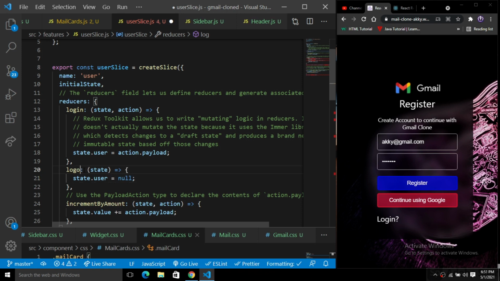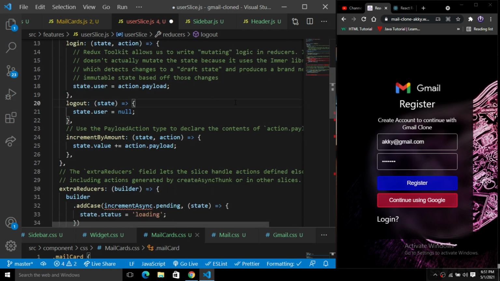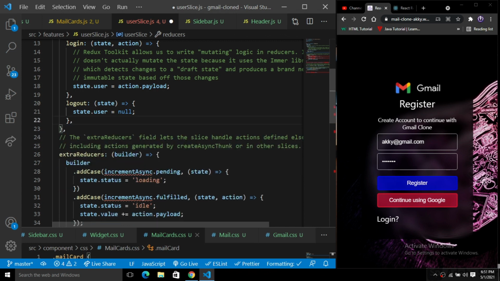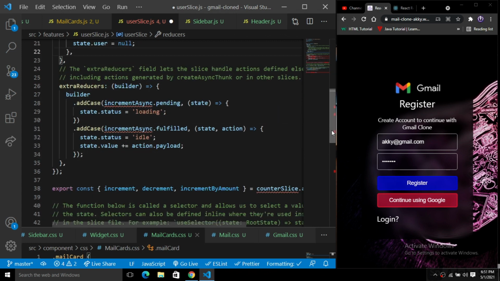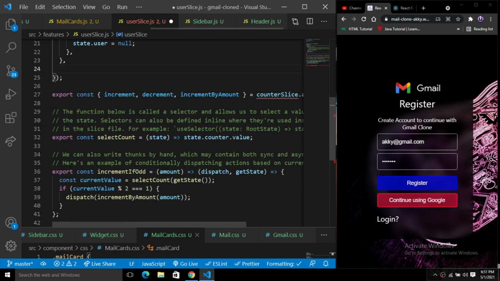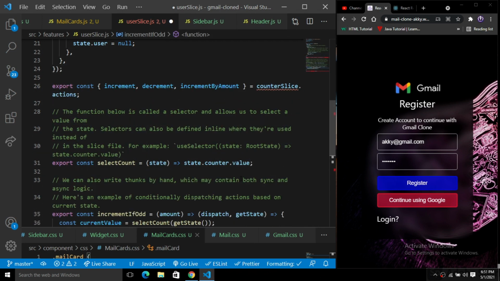So instead of this login, we have this logout, right? And simply remove this incrementByAmount here. Okay, and then we have the export of the reducer actions, so I will remove everything down here. Here we have counterSlice, so instead of this counterSlice, we will rename it to userSlice.